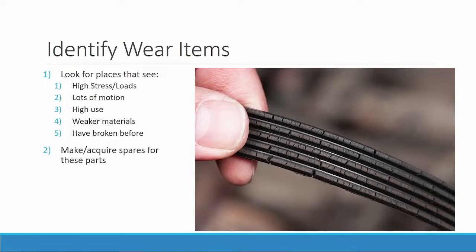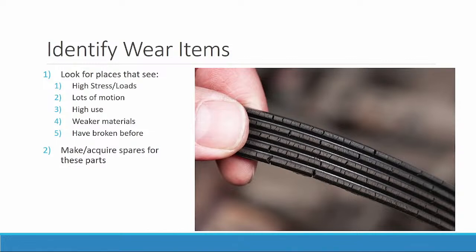That's true. If something broke before, which is actually the last one on the list, if it's broken before and you haven't changed the design at all, it's probably going to break again. So might as well have one on spare for when that happens. So it breaks. That's correct. If you push your robot a lot, you'll find out what's going to break. You have to stress the system to see where it breaks. Or if you've used it enough times to know that it breaks really easily, probably is